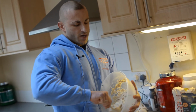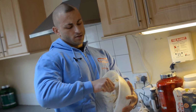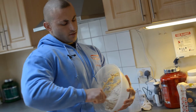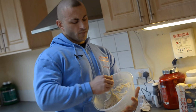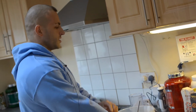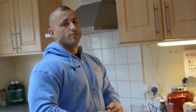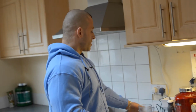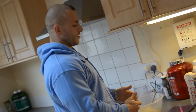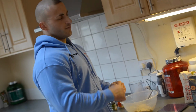I could do it with my hand, but I don't want to make it dirty. Yeah, that's almost ready. So one thing I'm gonna do, just wait for the oven temperature to go up to 50 degrees. Cover it with a tea towel, because that's plastic, so you don't want to melt it. So cover it with a tea towel, leave it in the oven for